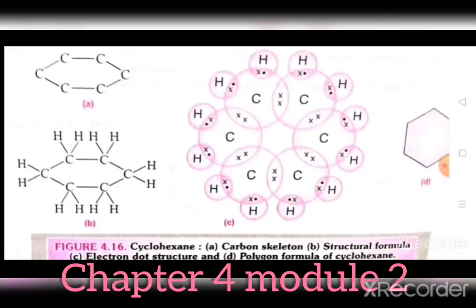Next, we should consider this one. This is cyclohexane. This is also having 6 carbons but 12 hydrogens, because the benzene structure was having 3 double bonds, whereas this is having only single bonds. So to satisfy the valency of carbon, we have to count and arrange the structures. So 6 carbons are there. So there should be 12 hydrogens to complete the valency, and it is cyclic. So 2 bonds will be completed with other carbon atoms in the structure. So it is cyclohexane.